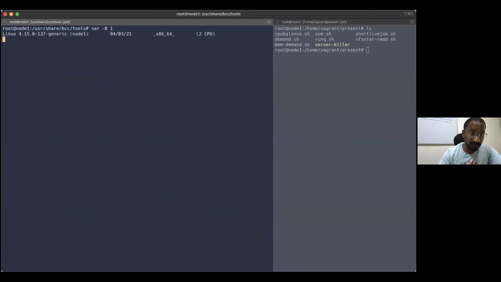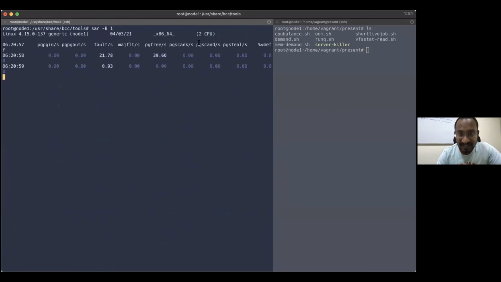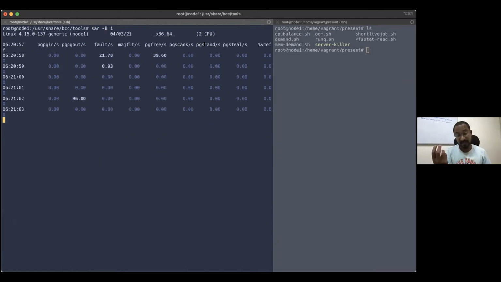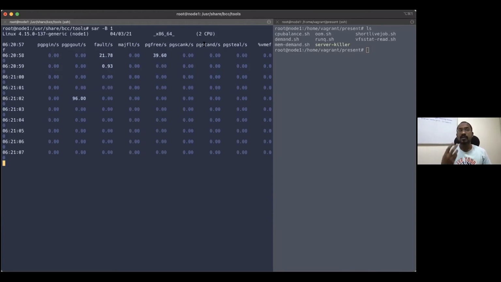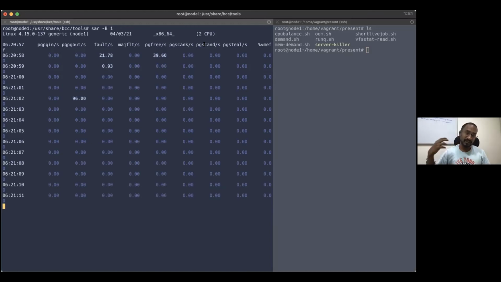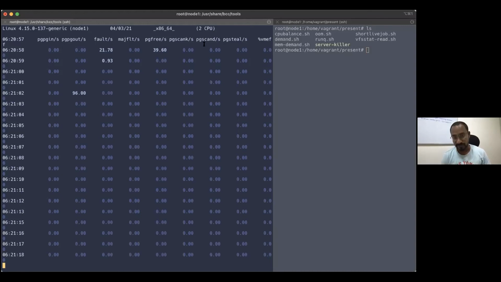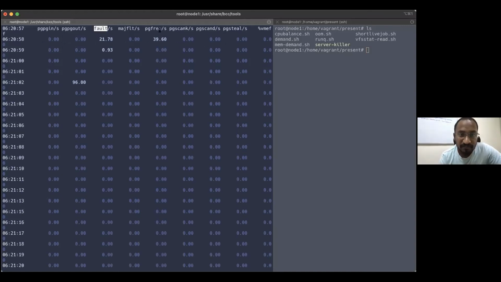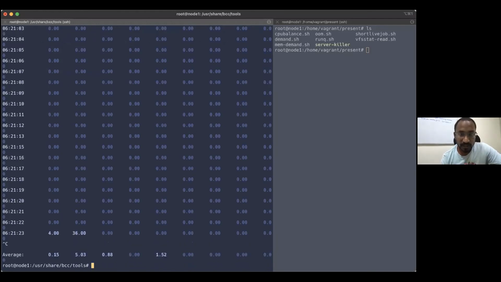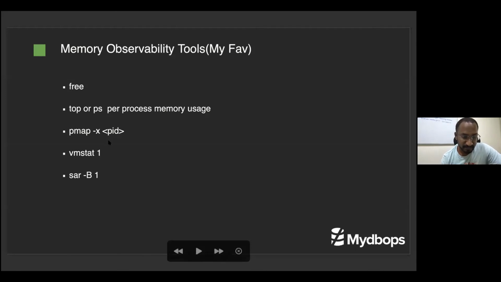Okay, that is the concept I'm trying to represent. The page scan will scan the pages to allocate memory for a new process. That means you have more pressure on the memory. You need to increase your memory, or you need to terminate some process which is occupying more memory and is not related to the business. So the important things are page fault and page scan. I believe I'm done with memory.